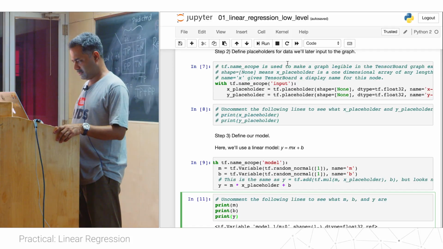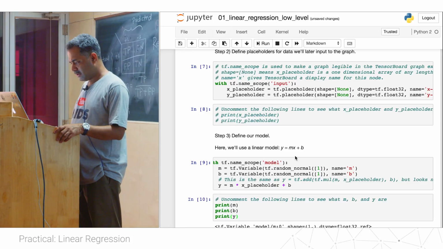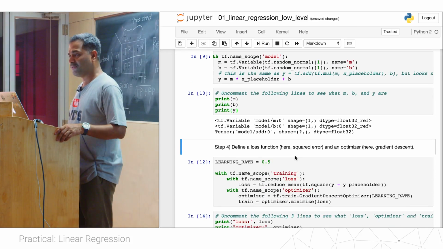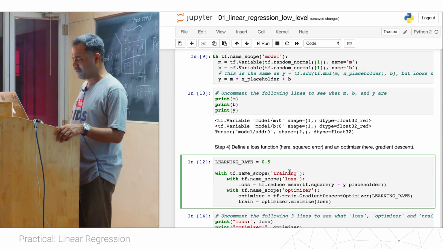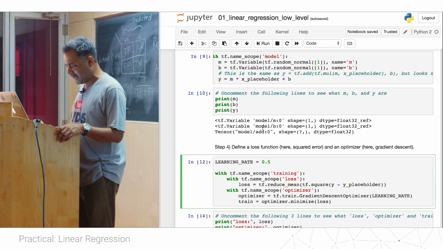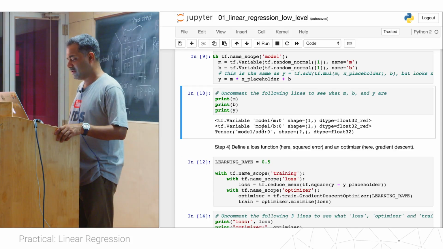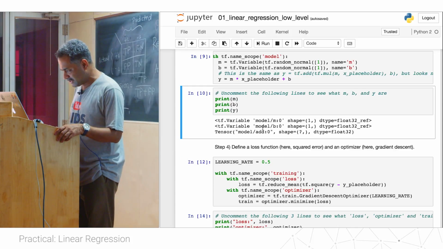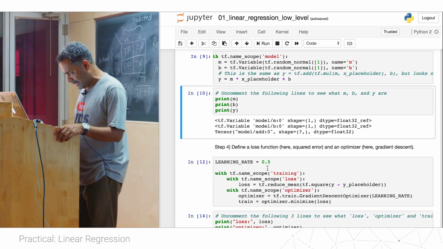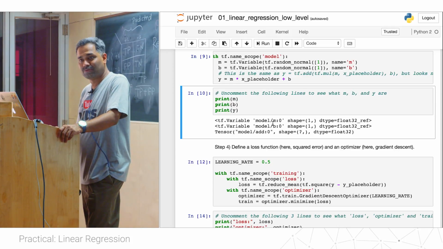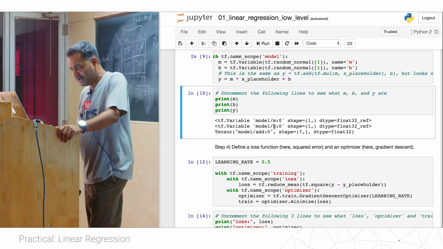All right. So we execute this. Notice this, right? I have defined a session, but I have not done session.run. So when I printed m, b and y, you see them as variables. And look at the names. Now this is model, right? I used model here. So model underscore 1, n0, m0, model underscore 1, b0, and add 0. Now earlier it used to be add colon 0. Now model underscore 1 is added here. Right? That's because of scope.